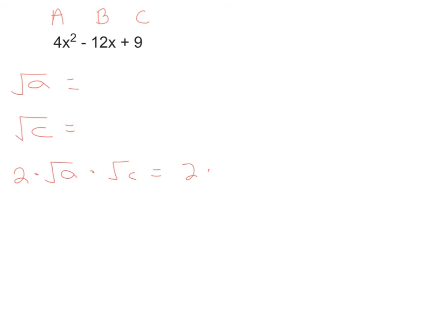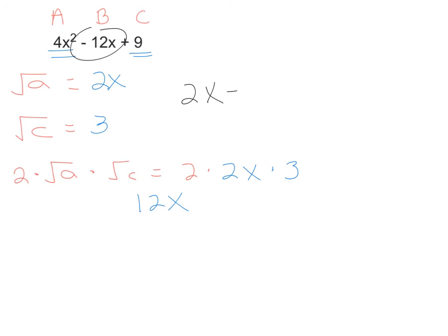Here's one last problem. 4x squared minus 12x plus 9. So the square root of your a term is 2x. The square root of your c term is 3. So we have 2 times 2x times 3, which gives you 12x. The one thing you have to look at here is that this is a negative. So you're going to have 2x minus 3